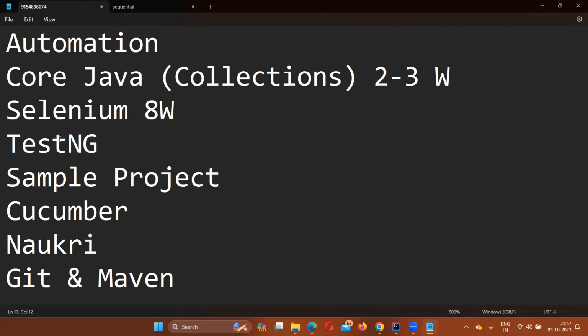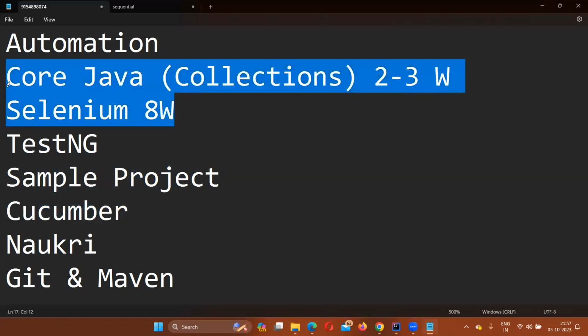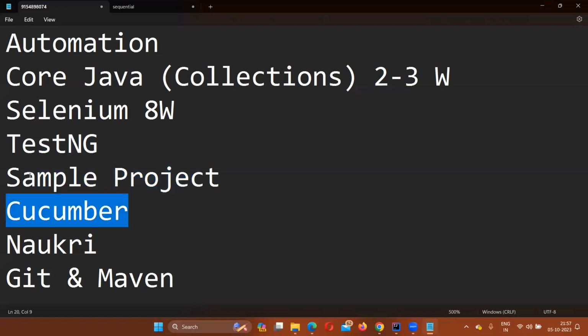So you're going to learn TestNG. I'm going to give you a sample project, a framework. I'll try to take you as close as possible to a real-time project, and I'll be sharing that project with you. Next, I'm going to explain the Cucumber framework also, because just core Java and Selenium might not always be enough. Some companies expect framework level knowledge also. So you are going to learn TestNG, one framework, and Cucumber, another framework, also a real-time project. I mean, a sample project for your sake, for your practice purpose.